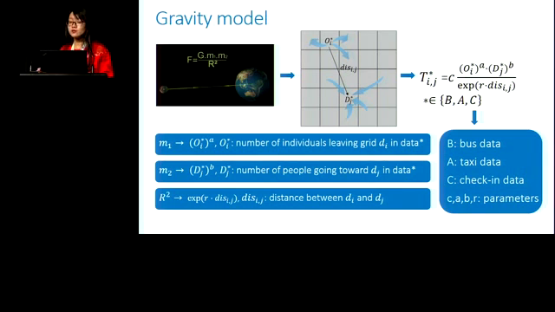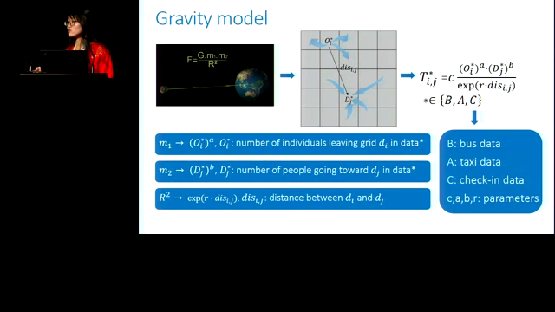Here, the gravity model states that the commuting flow from grid i to grid j, denoted as T_ij, is determined by O_i, the number of individuals leaving grid D_i, and D_j, the number of people going toward D_j, and the distance between D_i and D_j through a gravity-like law. The expression is